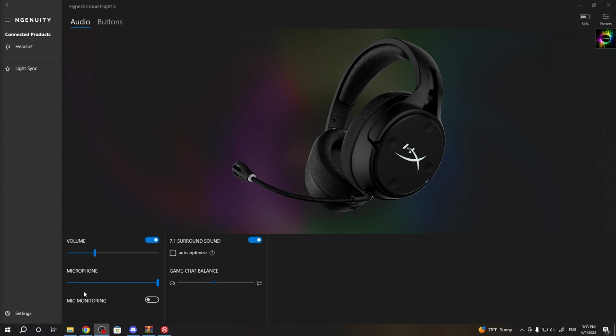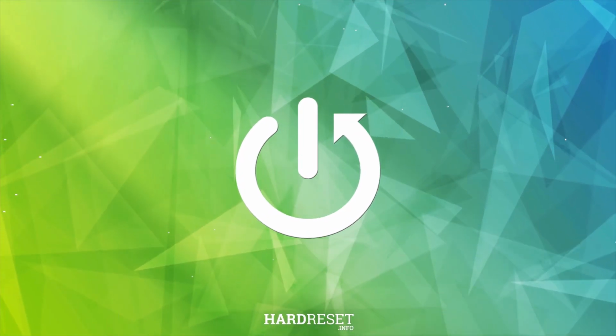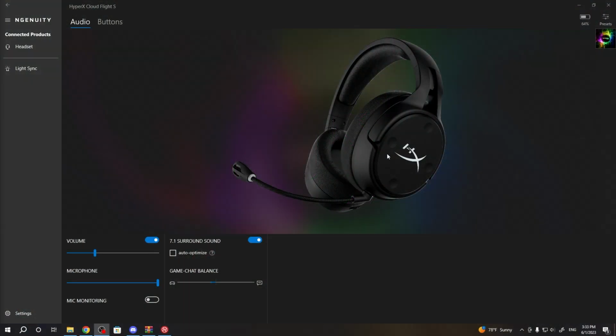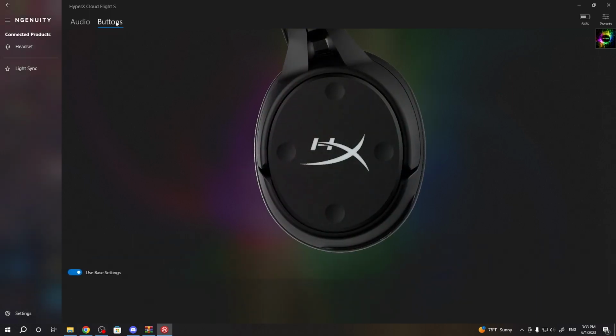Hello, in this video I'm going to show you how you can switch the function of these default buttons on your HyperX Cloud Flight S. So first of all, in this application we have to go to the buttons. You can find it on the left upper corner, and then we have to turn off this option to use